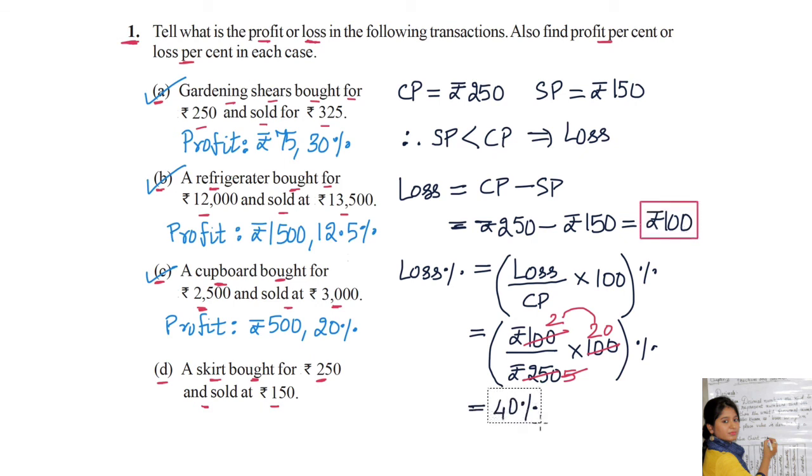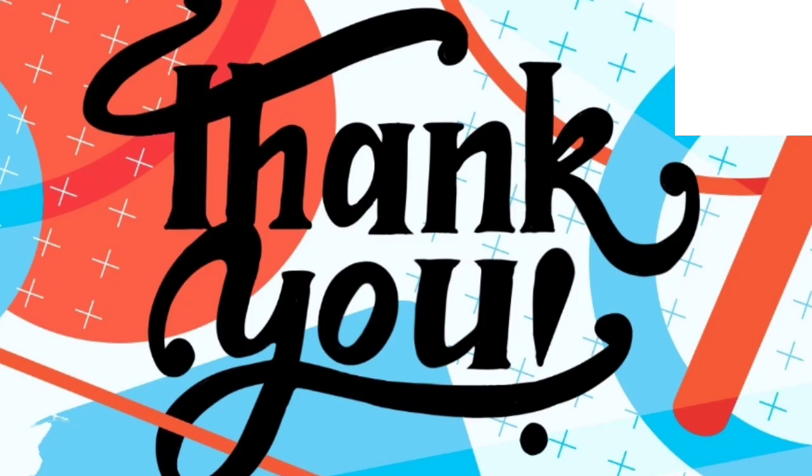It means that for this particular transaction, the loss has been made of rupees 100 and loss percent is 40%. So we'll write as loss when the skirt has been bought for rupees 250 and sold at 150 was 100 and loss percent is 40%. I hope you have understood this part, and in this way we will solve this type of questions. Please do practice for better understanding of the concepts. We will learn